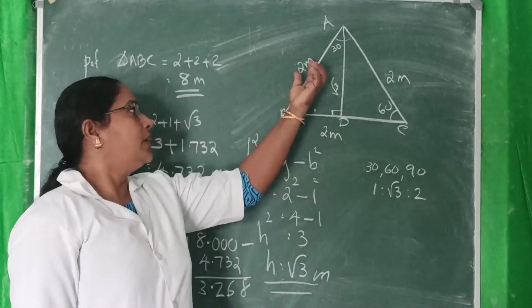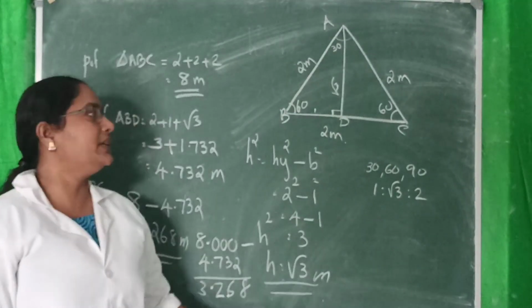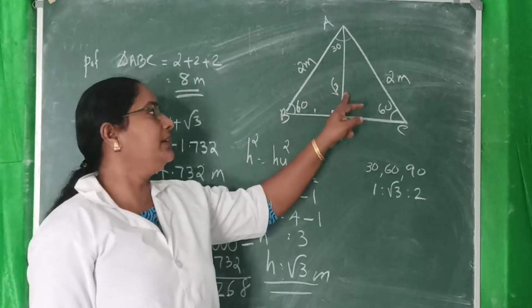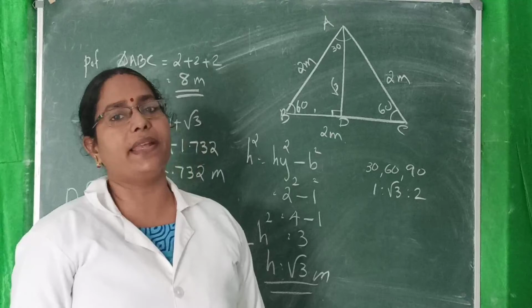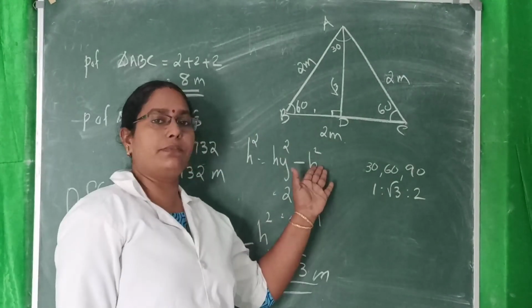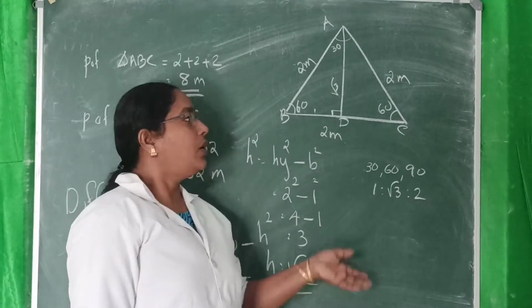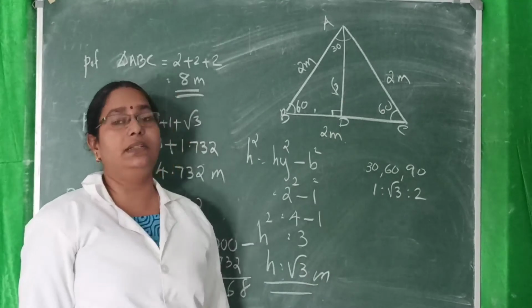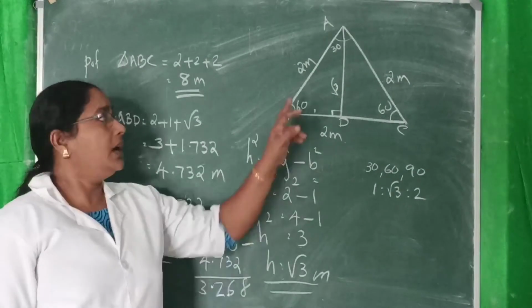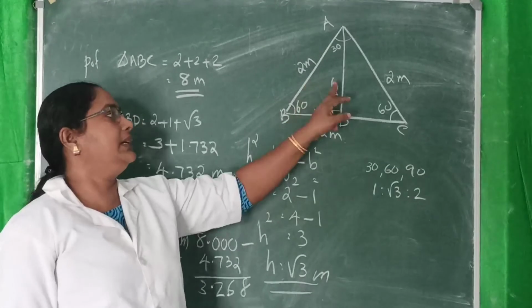Then the equilateral triangle has all sides equal. The line drawn from this side makes it a right angle triangle. Two sides you have got, therefore find the third side using the Pythagoras theorem. Height squared is equal to hypotenuse squared minus base squared: 2 squared minus 1, 4 minus 1, 3, root 3. Or another method, this is the important method. Angles are 60, 60, and this is 30. The angles of this part of the triangle are 30 degree, 60 degree, 90.